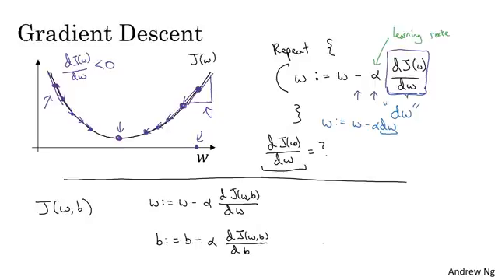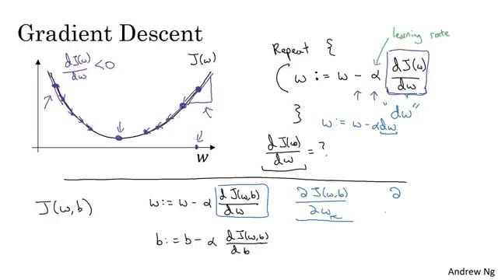As an aside, I just want to mention one notational convention in calculus that is a bit confusing to some people. I don't think it's super important that you understand calculus, but in case you see this, I want to make sure that you don't think too much of it. In calculus, this term here, we actually write as follows with that funny squiggle symbol. This symbol is actually just a lowercase d in a stylized font. But when you see this expression, all this means is this is the derivative of J(w,b), or really the slope of the function J(w,b), how much that function slopes in the w